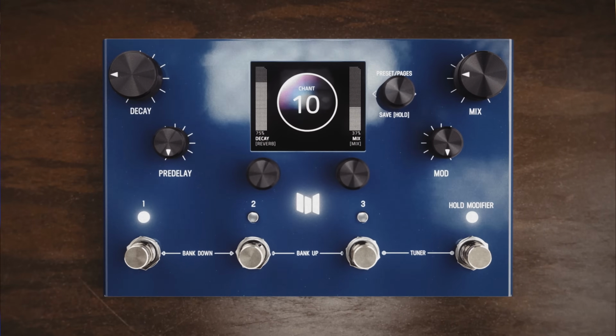I'm about to show you something we've been hoping to do from the very beginning. Many of you have asked for this as well. I'm proud to show you MercuryX. MercuryX, at its heart, takes Mercury 7 to all new heights, making this the most flexible and powerful studio reverb